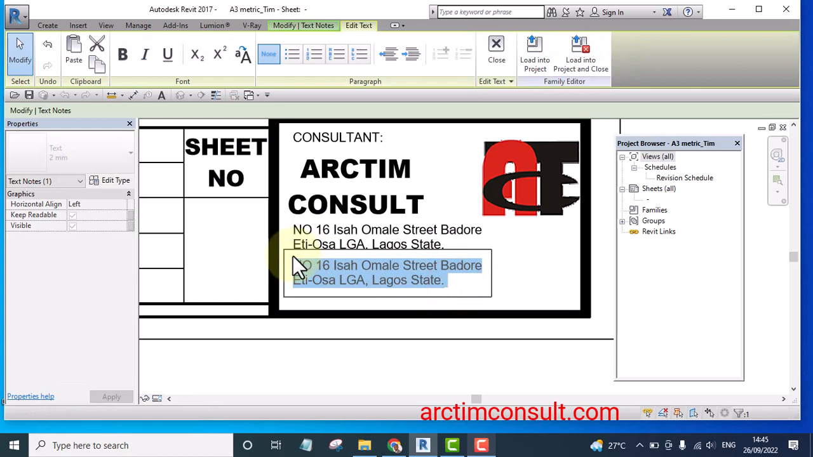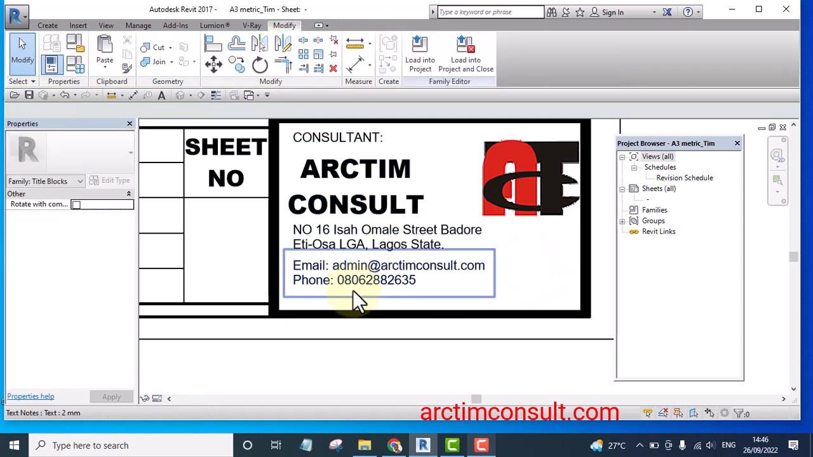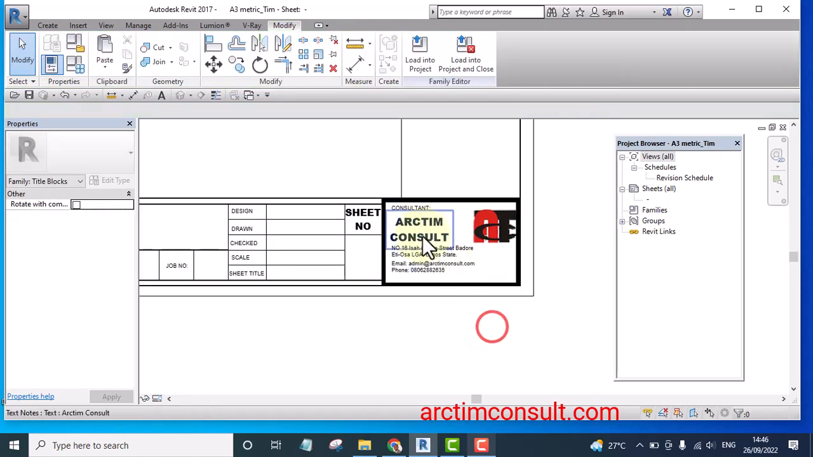and email address, email colon admin at actimconsult.com, and type my phone number here. Phone number 0806288. Right, so that's my company details,